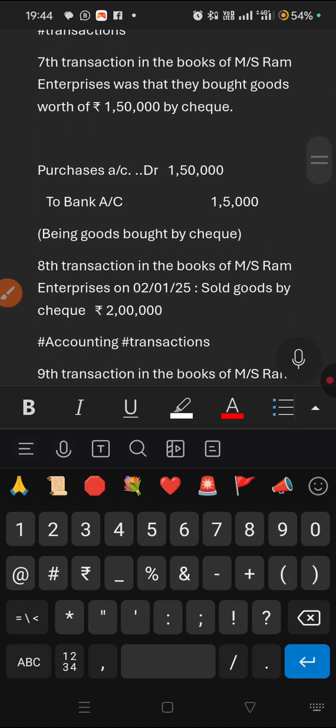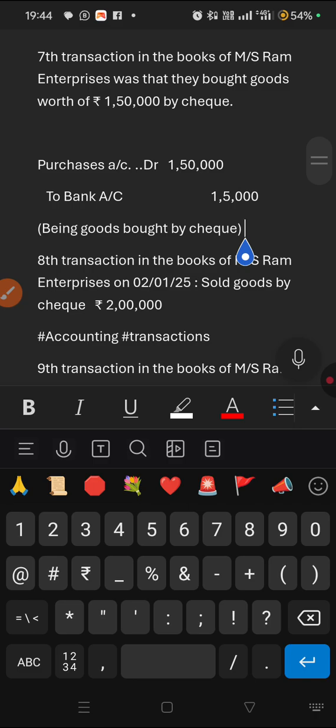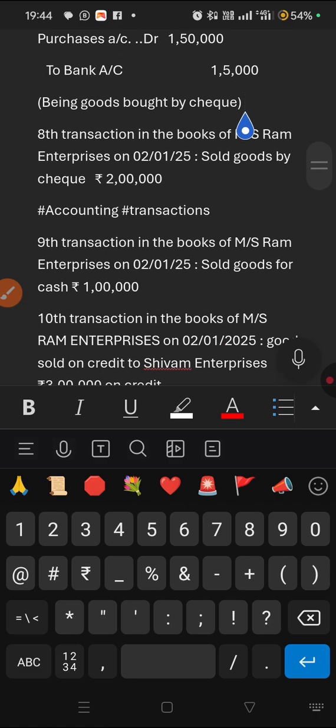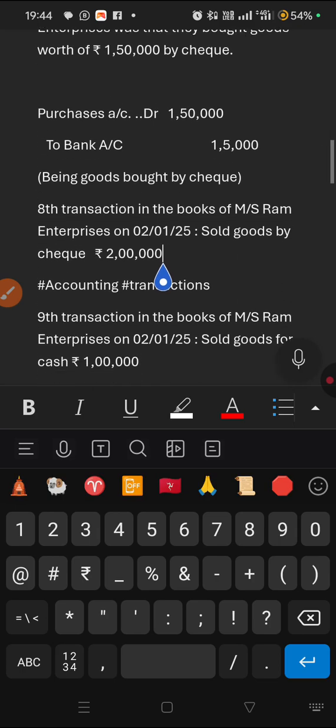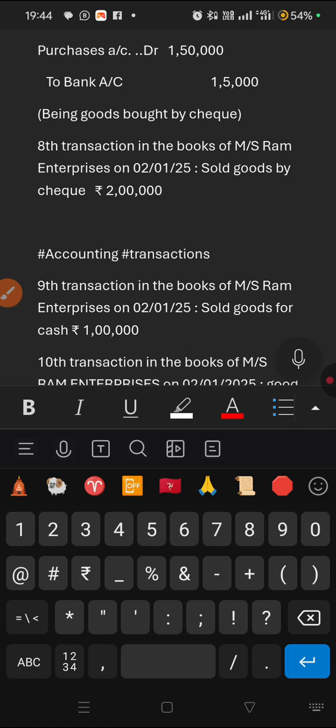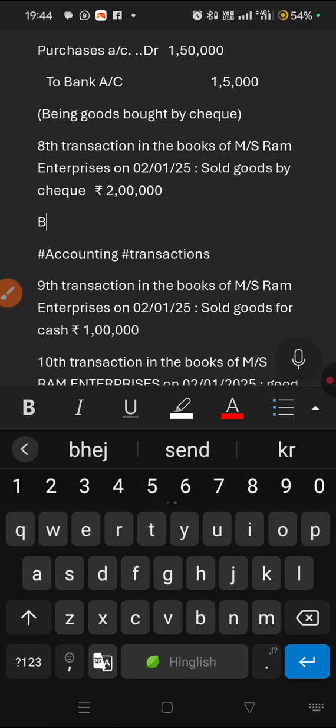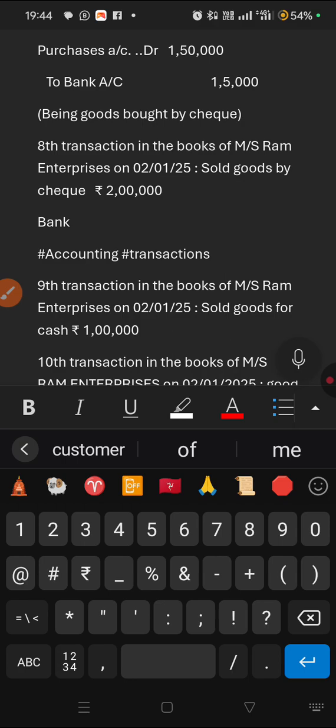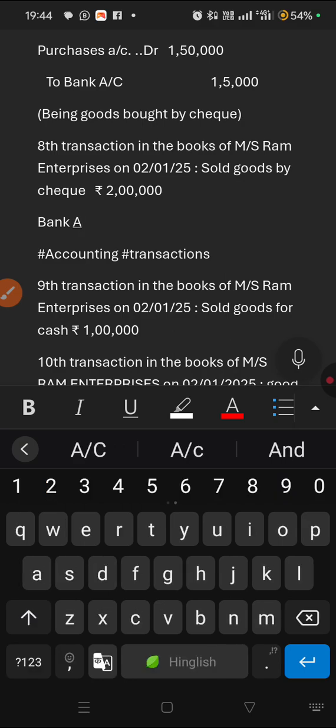Okay. What is the eighth transaction? Eighth transaction in the books of Mrs. Ram Enterprises on 2.1.2025: sold goods by check. Now the selling has started. The company has started earning income. So whenever we sell goods, sale is an income. So sales account shall be credited, and since the money is coming into our bank, bank account shall be debited. So its journal entry on 2nd Jan will be bank account